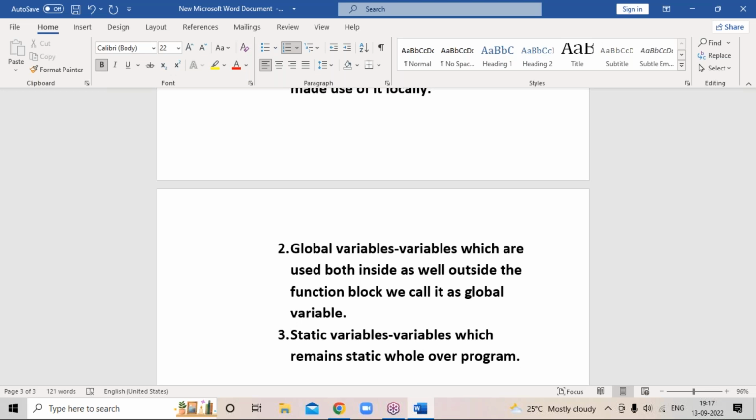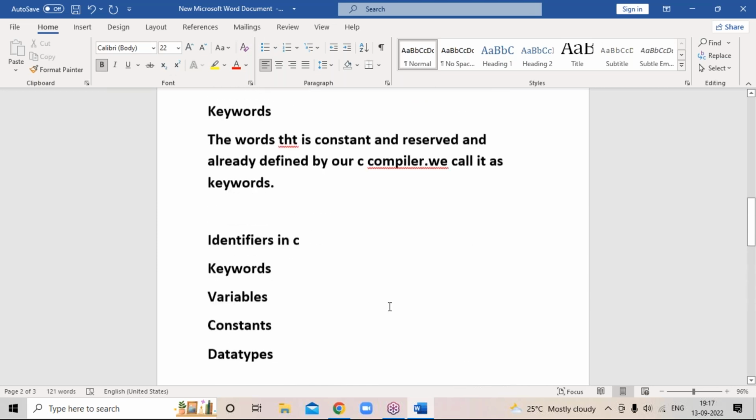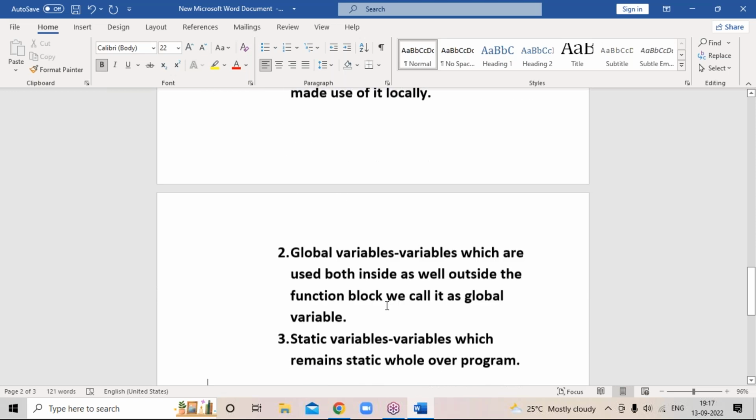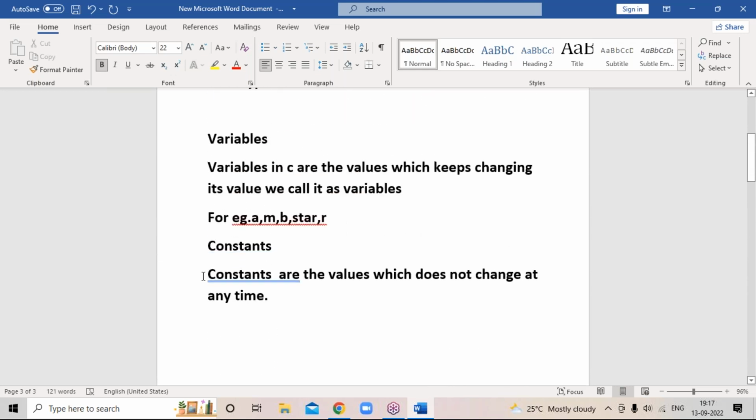Clear? So this is all about variables now and the types of variables. Next, we are talking about constants. So what are all these constants? As I said, constants are nothing but the values which remain